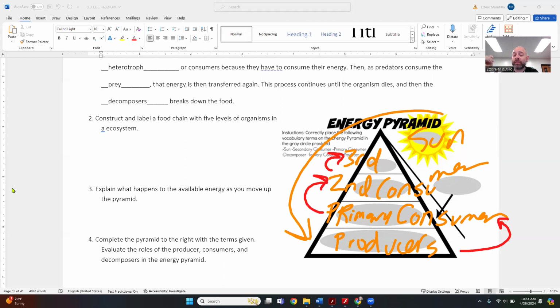So once we get farther down the food chain and individuals from these other levels die, they're going to have their energy broken down by our decomposers. Decomposers, on the side here, will then transfer it back into our system again. So decomposers play an important role there. Things always start with producers because they're the only ones that can access the energy from the sun. And then it moves up through our various levels of consumers until they're broken back down again.